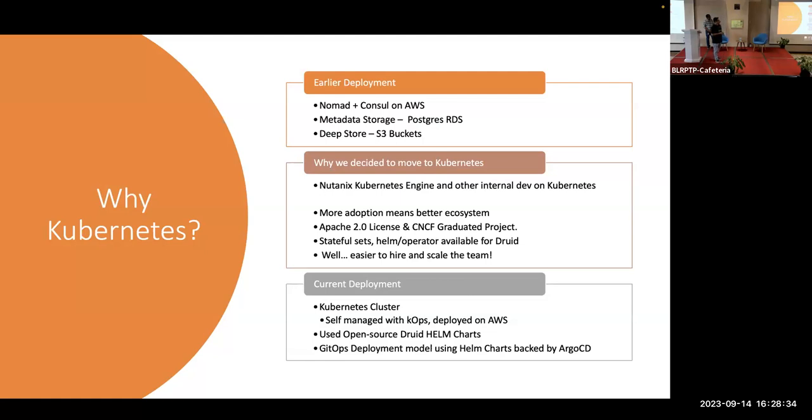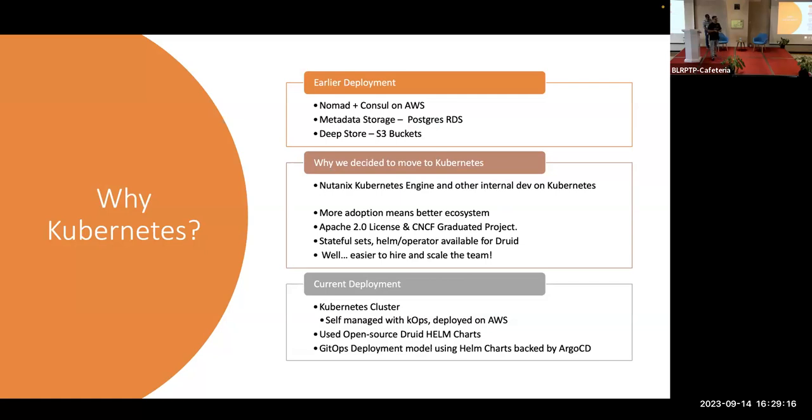And then we started looking at HashiCorp versus Kubernetes. I think there's one line missing there somehow. What I say there is, one of the great things about Kubernetes is that you can be on a data center. For instance, it will be backed by Nutanix and you have Nutanix Kubernetes Engine. On the AWS cloud, you have EKS. Likewise on GCP, Azure, wherever you go, you will have the Kubernetes plane. So you can take your Druid or other data platforms or even microservices in a lift and shift fashion. I understand it's not so easy, just migrating stuff, but that's what we try to do at Nutanix. So our whole data platform stack becomes portable across clouds and even to the data center.